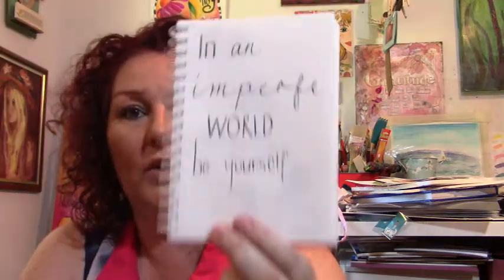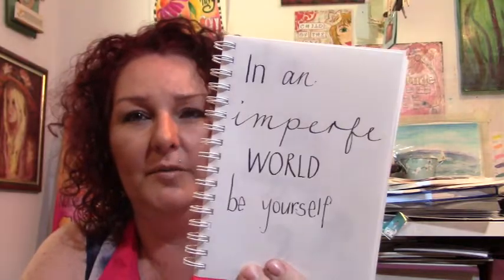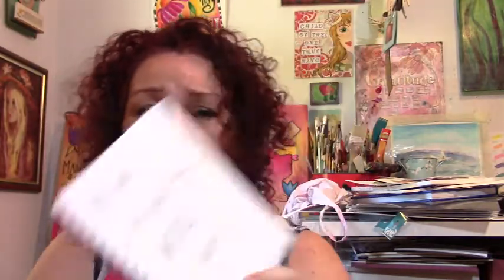Okay, so that was one, and that was one nib, and not even the whole nib. I then went on and did another page which I ripped off, and started drawing and doing all sorts of things, and that was just the one dip. And I think to myself, well, that's really good,